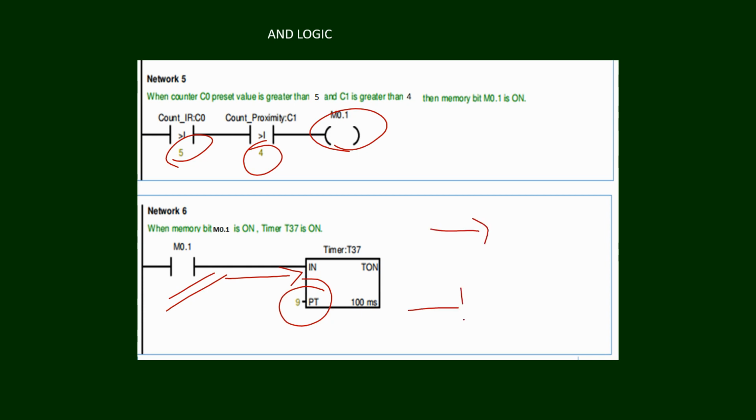Then after that, this timer T37, we can take it to switch on the motor into reverse direction, or even we can make it a buzzer. So after some period of time, the buzzer will get on. So this is also possible. So once the timer is finished, then one operation we can perform. So that's also you can add as